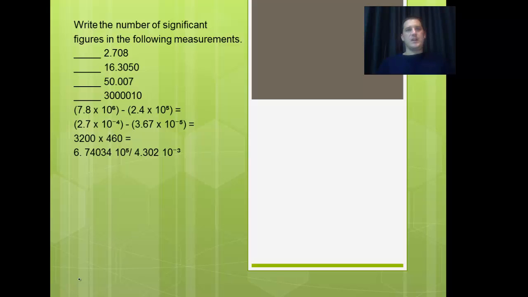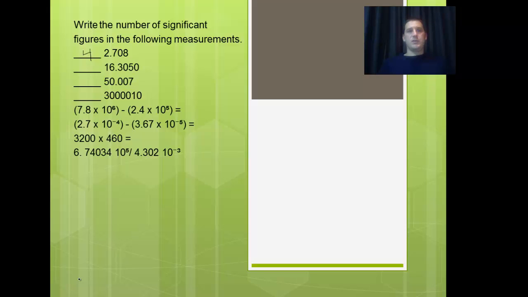2.708. So we want to know how many sig figs are in that measurement. Well, we have a decimal point. Okay, that's great. That's what we want to look for first. We have a number before it and a number after it and a 0 sandwiched in between an 8 and a 7. So all of those numbers are significant. So you have 4 significant figures in that number. The next one is